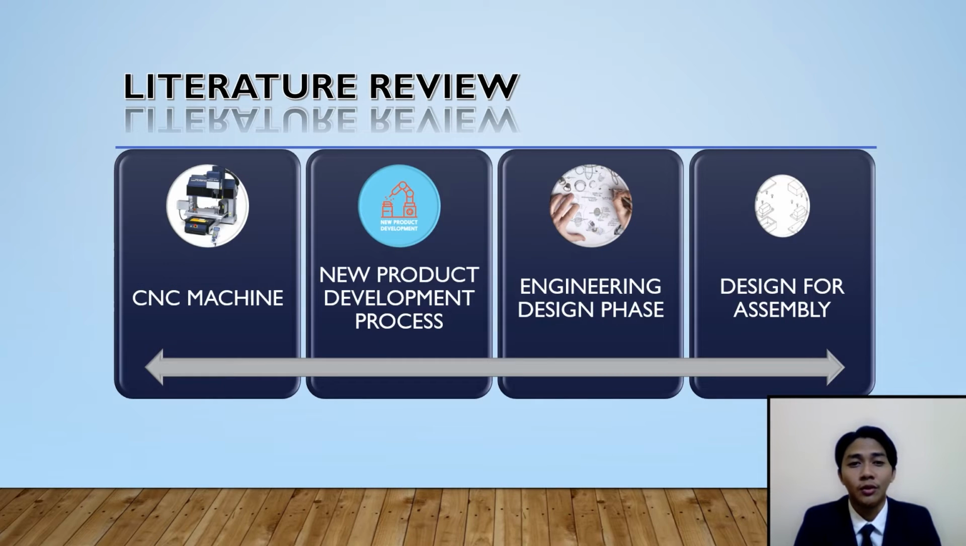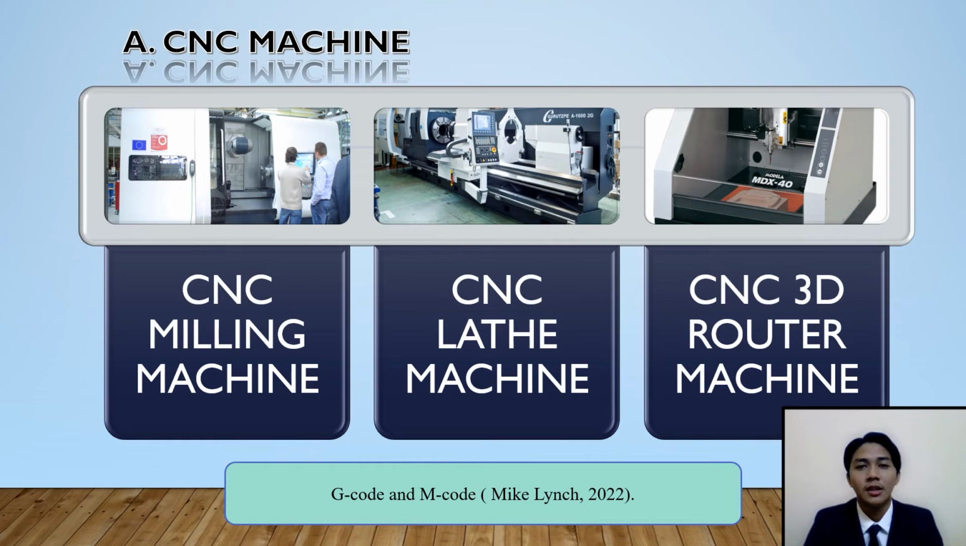For the literature review, here is the outline for the main research that I have done, which includes CNC machine, new product development process, engineering design phase, and design for assembly, DFA. CNC machines are computer numerical control machines where all the work is controlled by coding, using M code and G code, according to Mike Lynch